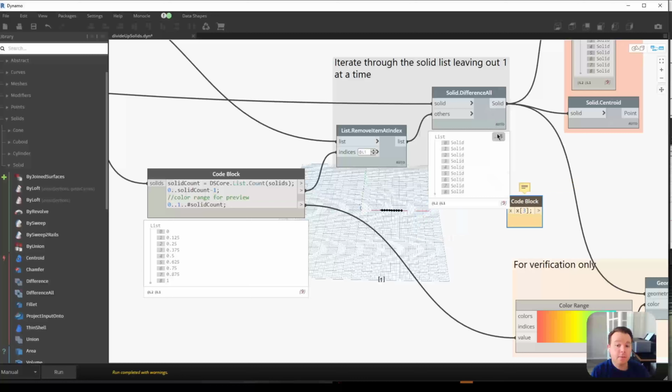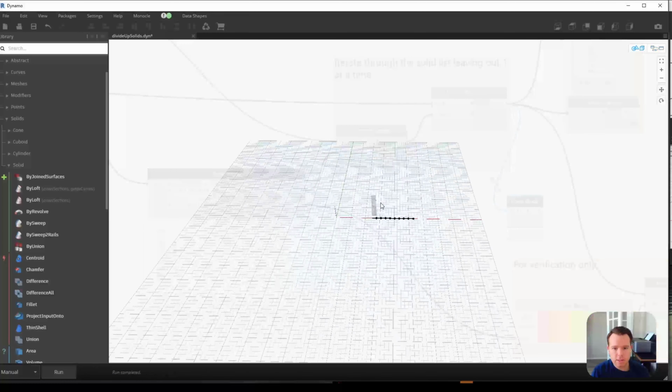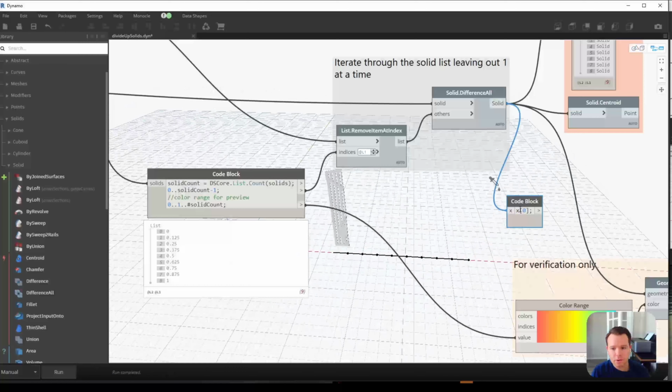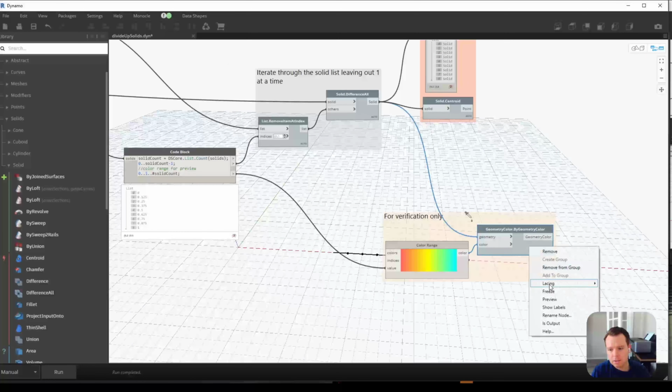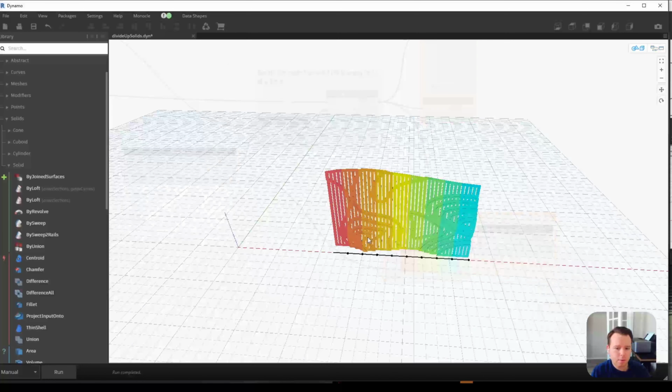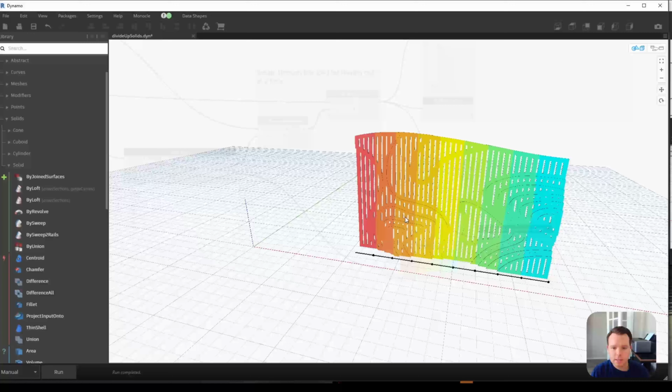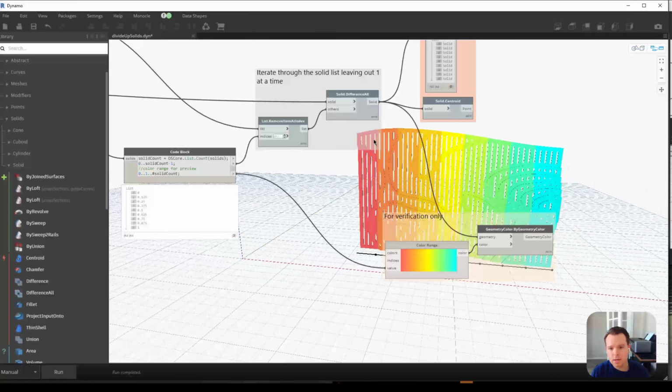And we're able to use that for a difference all kind of interaction. That's a built-in Dynamo node. So if I were to get the first one of these solids and zoom in, you'll see I have the first one based on those divisions, second one, and so on. Just to make it really clear, I tend to add some preview geometry for people so we can see what the division is doing. And right now it's doing that salmon to blue color based on the divisions